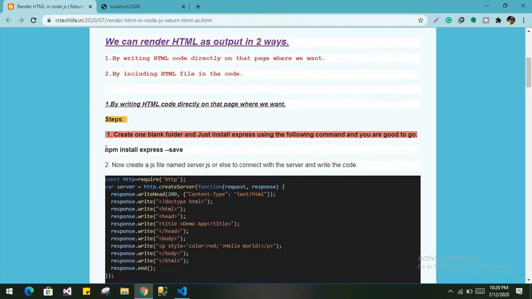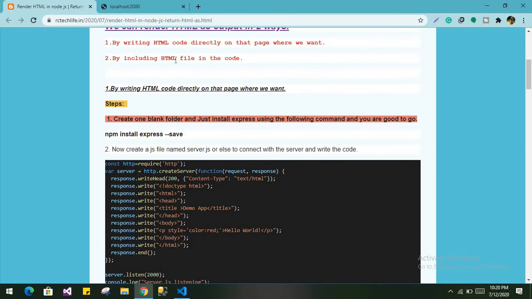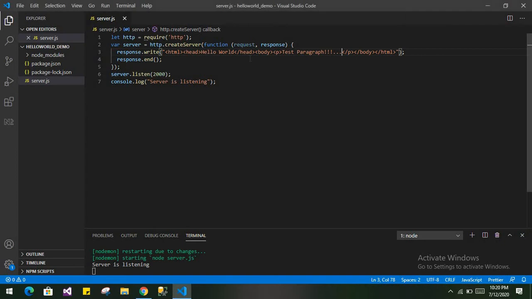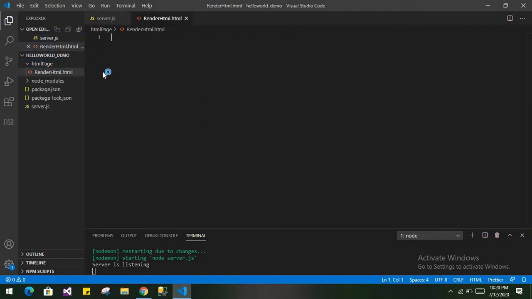Now our second way is by including an HTML file in the code. If we have the HTML file separately, suppose I'm creating a folder here, HTML page, and in that I'm creating one HTML file, render html.html.